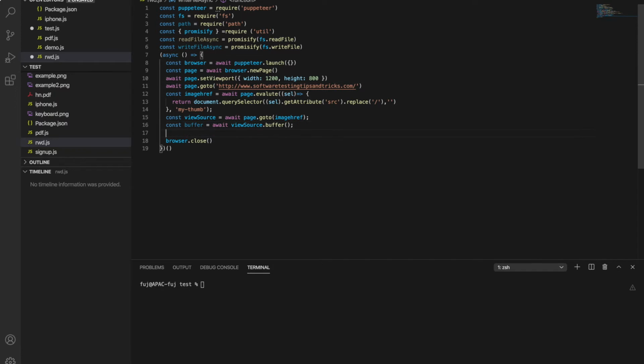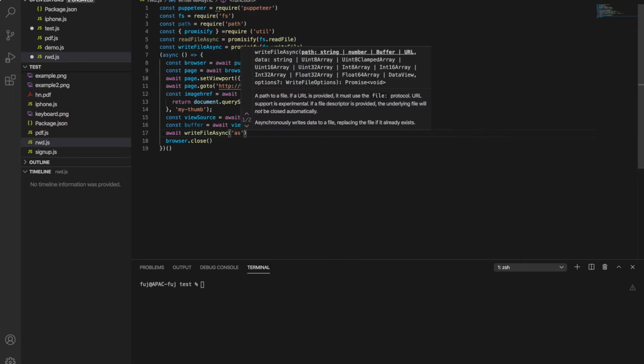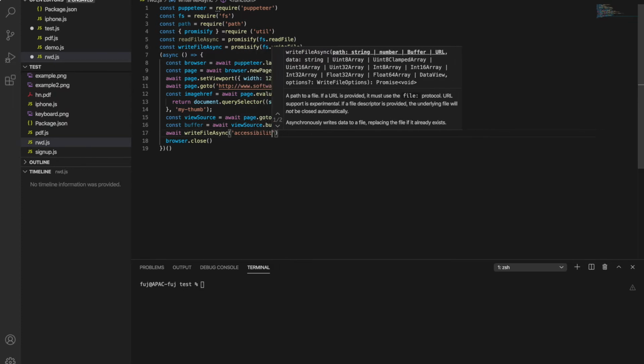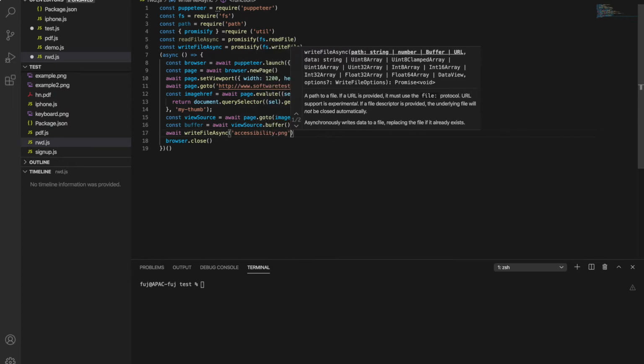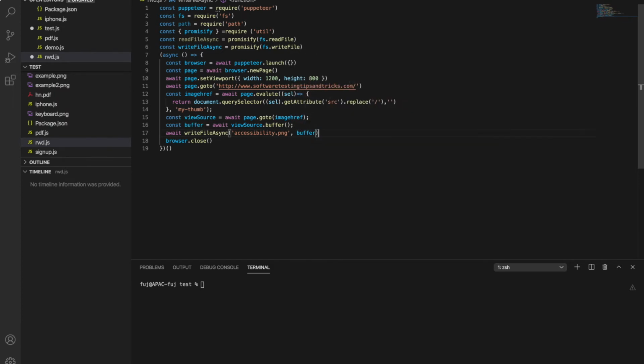Now we have the buffer, so I will try to write the file. Await write file async. I want to save that image, so I will give it one name, accessible.png, and buffer. If I am not giving any path, it will automatically save in the same path where this file rwd.js is.